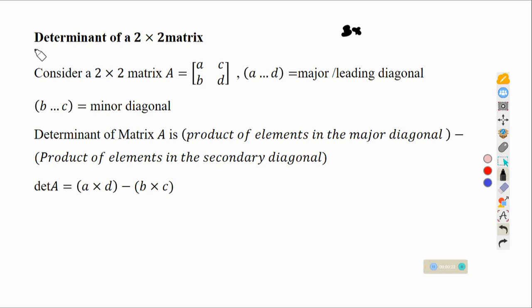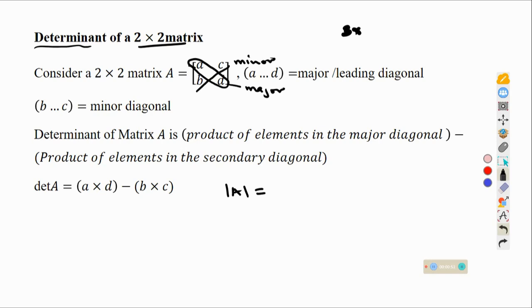So in the previous lecture, we looked at what we call the determinant of a 2 by 2 matrix. And we said that when we are given a 2 by 2 matrix, we shall be calling this diagonal here as the major diagonal, and we shall be calling this diagonal here with elements B and C as the minor diagonal. So basically we said to get the determinant of A, which is a 2 by 2 matrix having entries